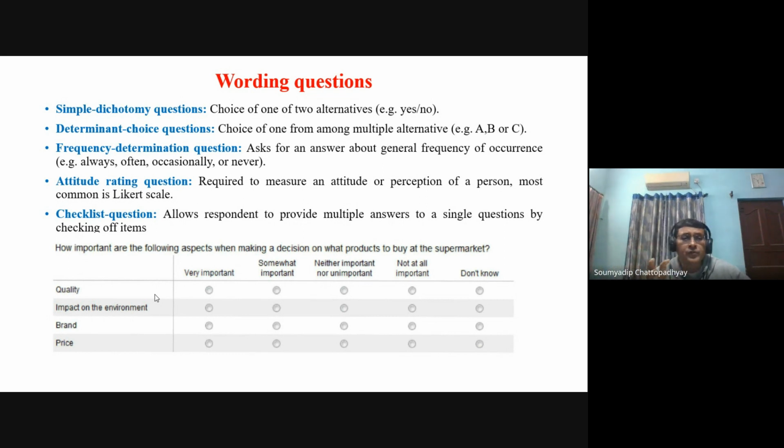That means if you incorporate these particular questions in your questionnaire, and if you properly analyze those questions and the responses of the respondents, then it will be easier for you to decide on the factors which are actually most important in influencing the sale of that particular product in that supermarket. So this is how generally we design the questions, and this is how the coding and the questionnaire designing